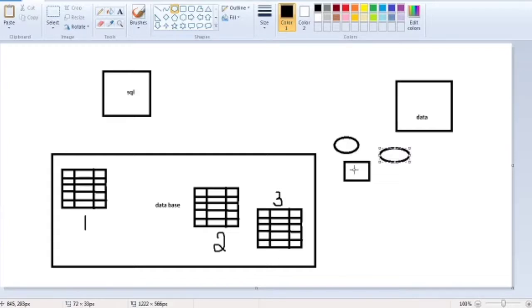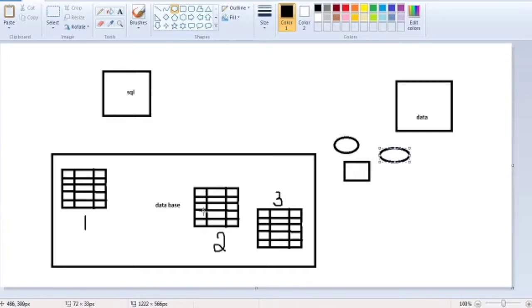Consider it is a hospital. So the hospital entity has some data attributes, like properties. That is nothing but attributes, like a hospital has a name and a hospital also has an address, something like that. This hospital entity is nothing but here the database object, that is a table.